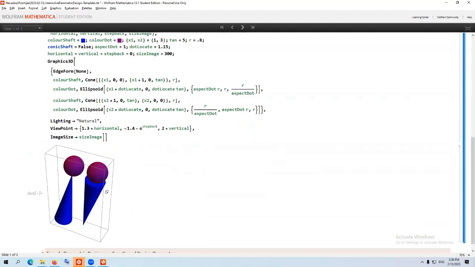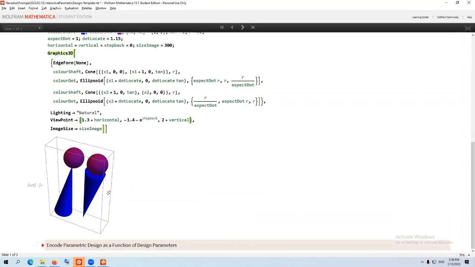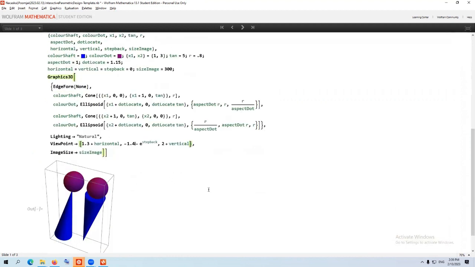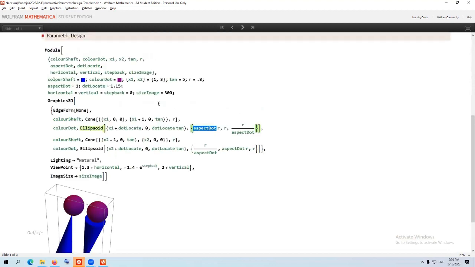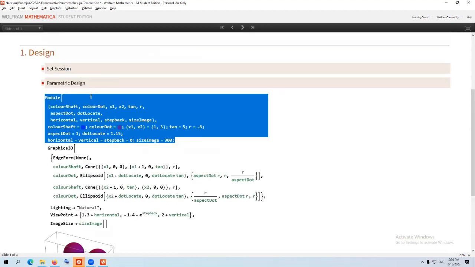Now, the first thing first, you can do all this design and just put in real numbers here, put in real numbers here, and then you get that picture, right? So that's the first step, that's like a step 0. Now, step 1 is to take all those numbers and replace them with named variables that make sense. Because you still make the design manually, what I would do is put it in here. So if I want to do something,